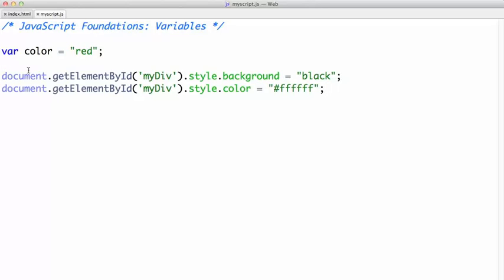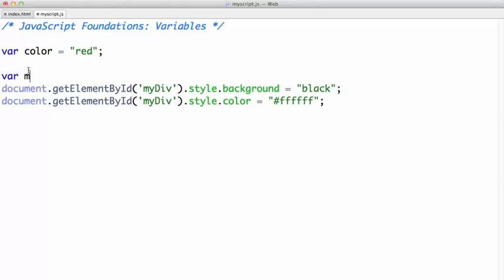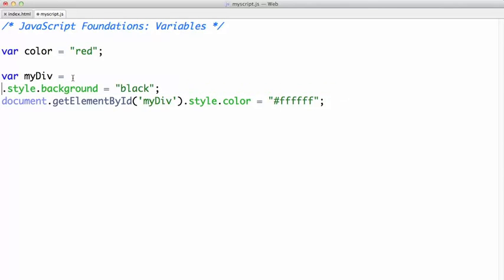Instead, we could use a variable, and we'll call it myDiv. We're giving it a descriptive name. In this case, we're giving it the name of the ID that's already associated with the div, but it doesn't have to be the same. For instance, I could say my container, or anything else. But to be clear, I'll do myDiv. Now I can use the equal sign to assign a value. And the value that I want to assign is the actual div. Now in this expression, the div is represented by all of this right here. Document.getElementById, passing it myDiv. This evaluates to the div that we actually want. So I can take that out, and now our myDiv variable contains that div,